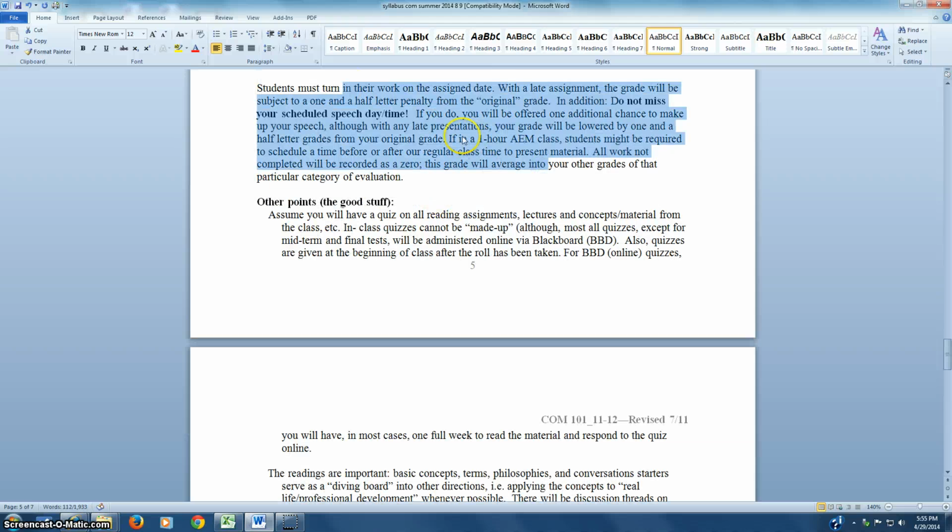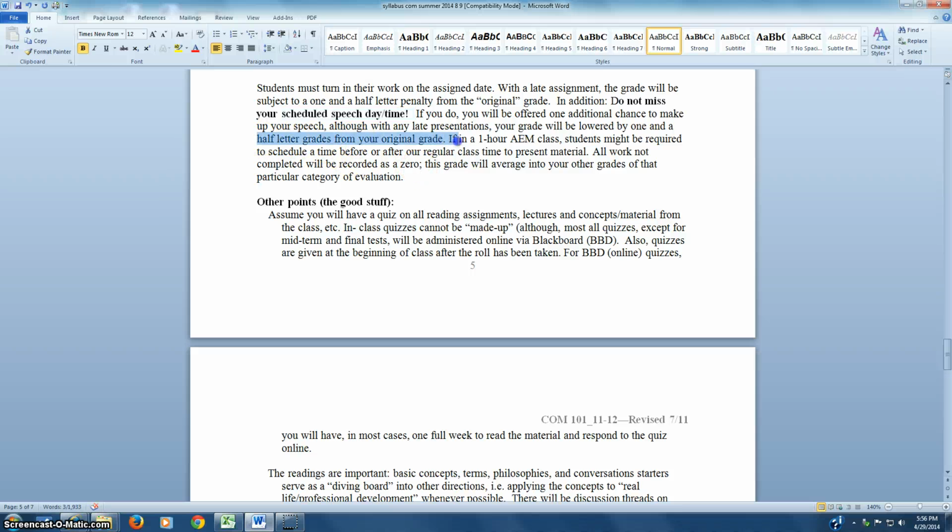Make sure that you turn in your work by the assigned deadline. What's the assigned deadline? It's really whenever we say it is. Make sure that you don't miss your scheduled speech day and time. If you do miss your time, we'll give you one chance to do the speech again, and you'll be doing it in class if it's available. But if not, you'll have to arrange, for AEM students, either a time before or after your class to deliver your material to us. Anything turned in late is subject to a 1.5 letter grade